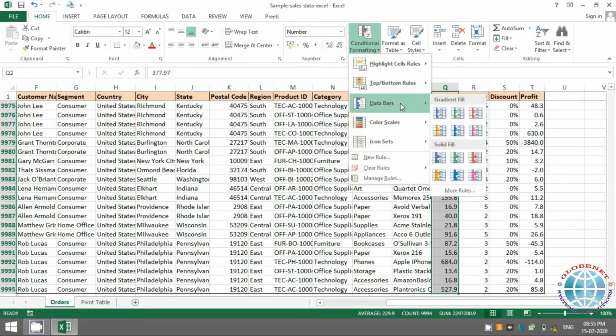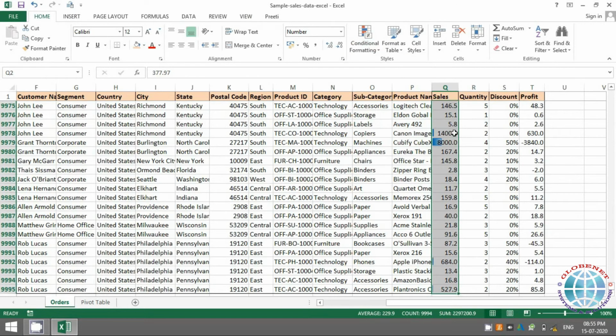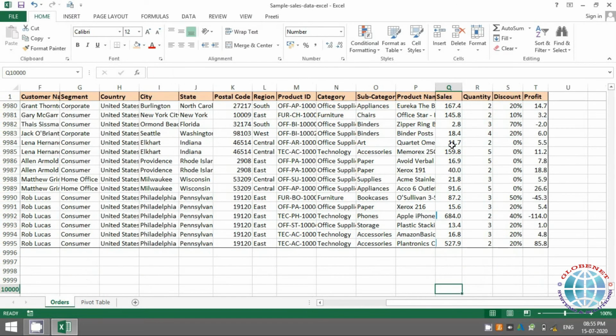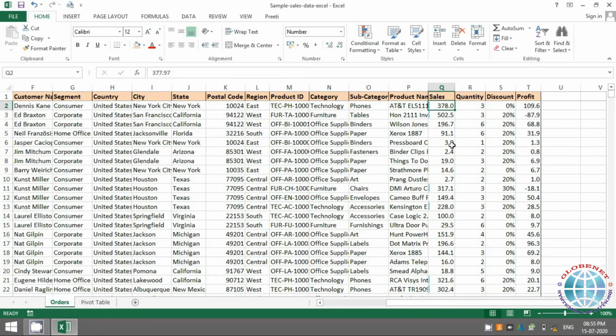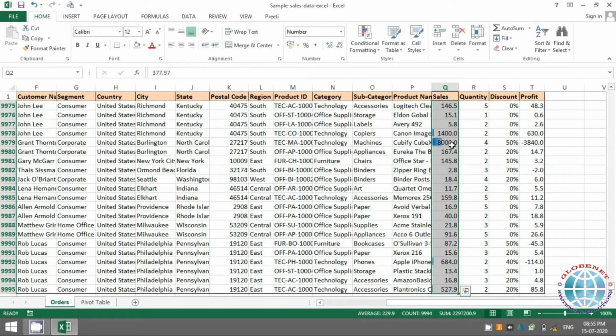You can select whatever type of fill you want. If I take this, it is going to show me which is the higher value and which is the lower value. What it does is take this entire data set, this entire column, as a set of data. It will take the smallest number and the largest number and highlight accordingly.